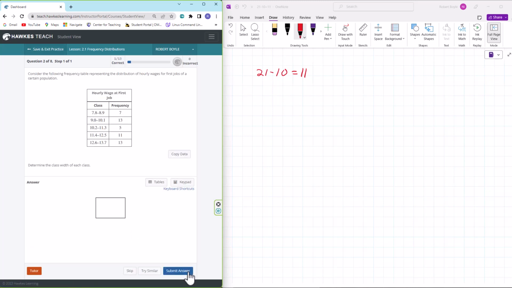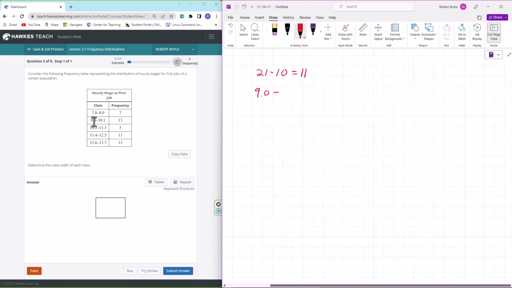So here we are, question 2, and this one also only has one problem. Notice here that we have a frequency table with the distribution of hourly wages for first jobs of a certain population, whatever it happens to be. It doesn't really matter. What we want to do is determine the class width for each class. Once again, it is done the exact same way. It's going to be the difference of the lower limit between 2 adjacent classes. Class 2 here is 9.0 minus the lower limit for class 1, which is 7.8, and that should be equal to